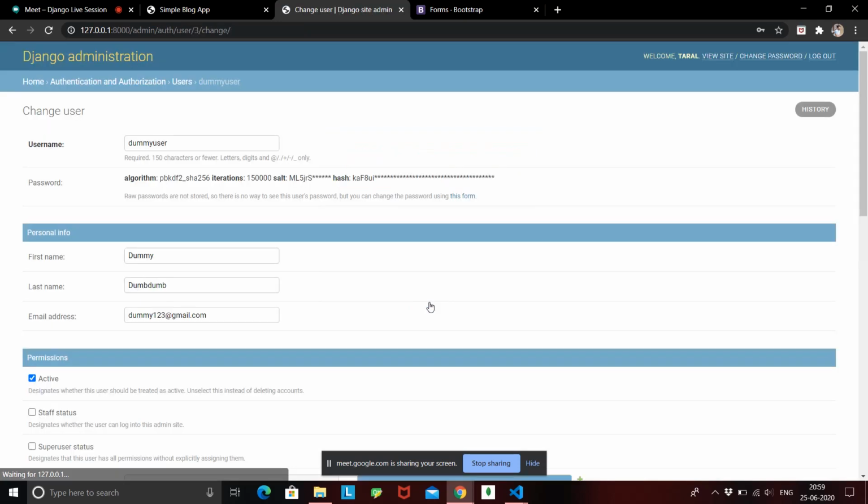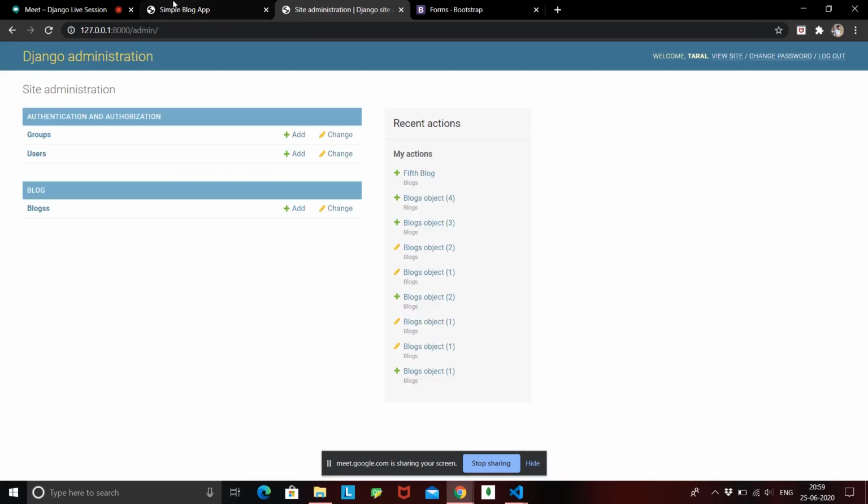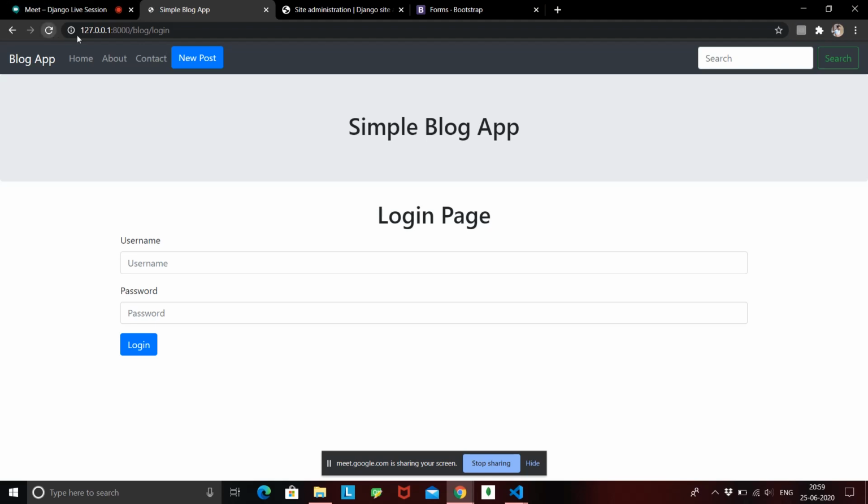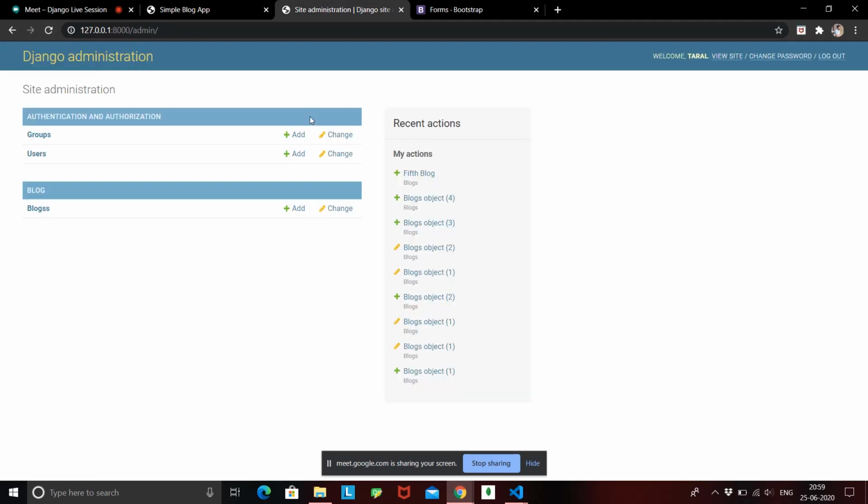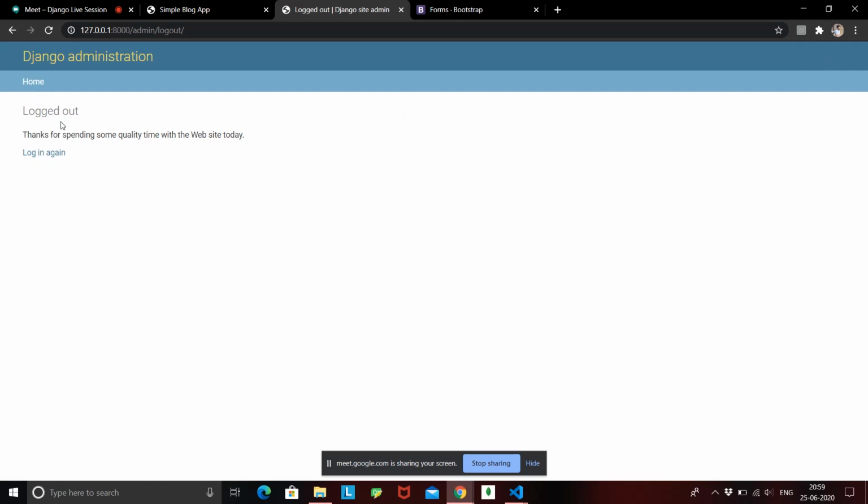Now I am logged into my super user, but again we can see over here that we have a new post button because we are already logged in as a super user. So let's log out. This is the logout button. Right now I am logged out, that is no user is currently logged into my website.